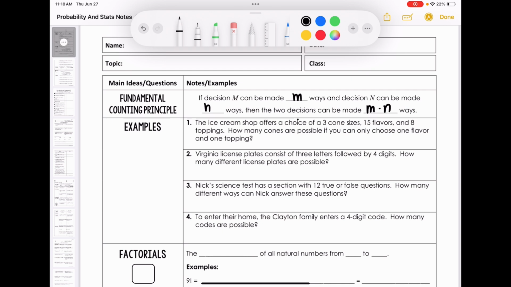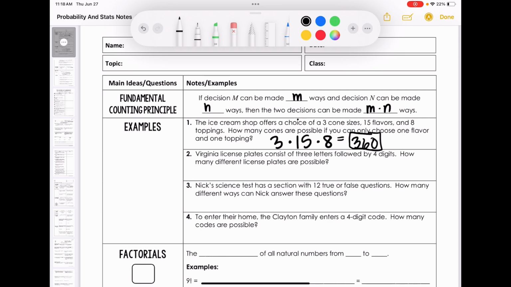All right, so there's 3 cone sizes, 15 flavors, and 8 toppings. So I'm going to multiply those 3 numbers together, and that's going to give me my total possible outcomes. So when I get that, it gives me 360. All right,